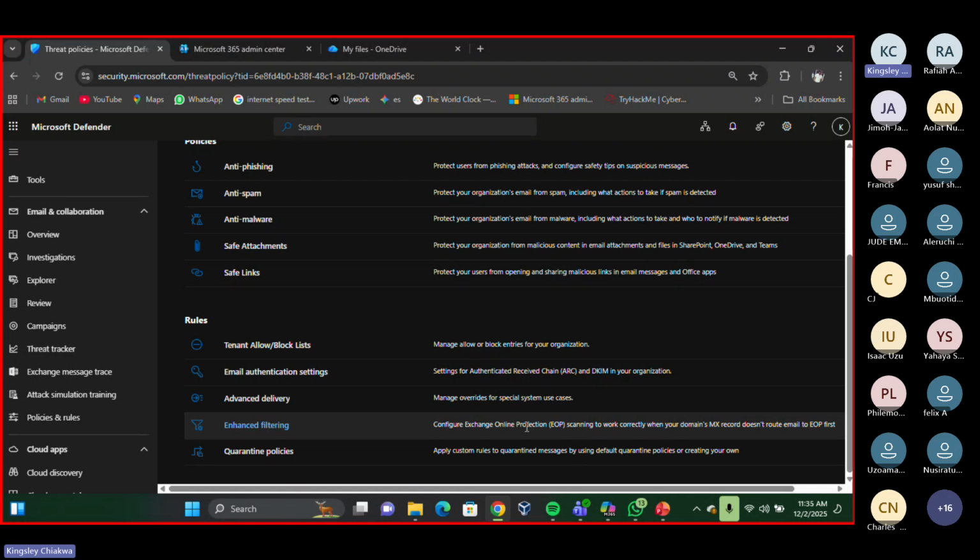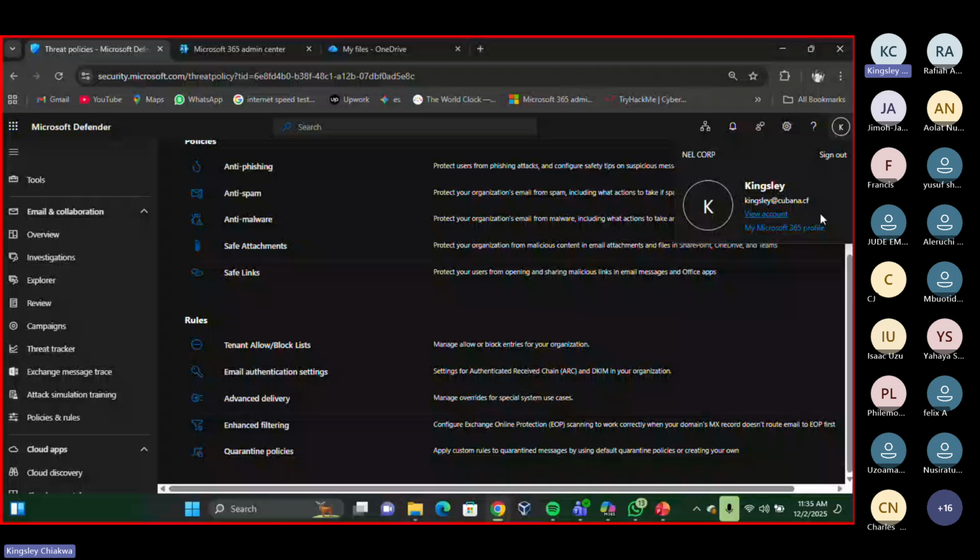If your SPF is configured, anybody sending an email with your domain name, let's say like mine, for instance, Cubana.cf, which has the SPF in my DNS, then with the setting that is there, anybody sending an email with Cubana.cf but does not validate